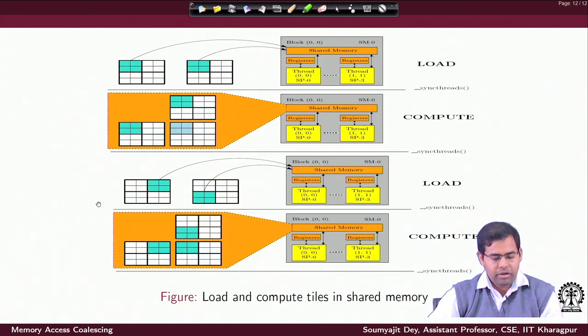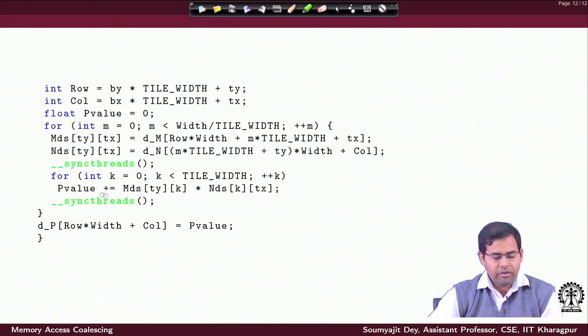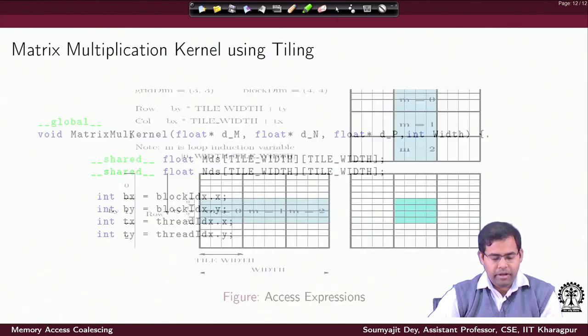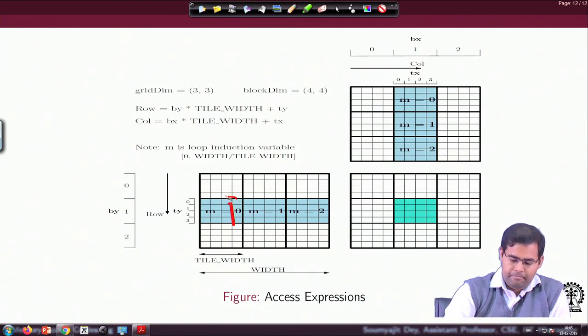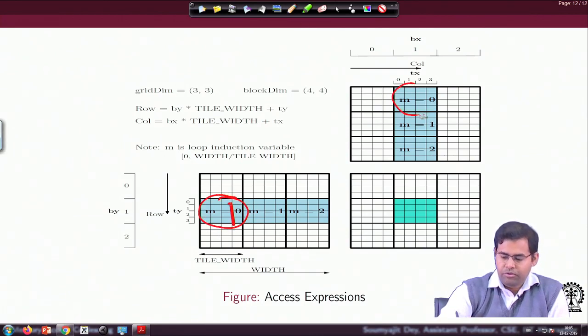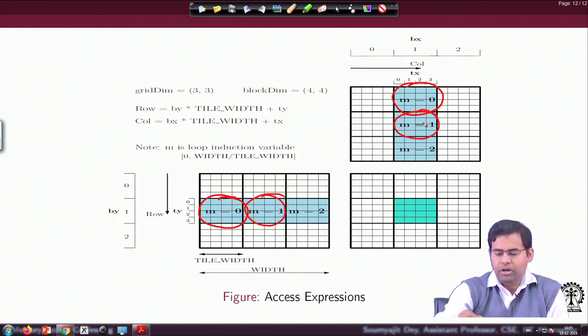Only after this point, what is the guarantee I have? The guarantee is that this is right now having partial sums computed considering 2 of the input tiles. So, once all those threads synchronize there, they will again revert back to the load phase. Assuming these input tiles have already been taken care of, these threads would again bring in more tiles through the load phase and again start doing the computation.